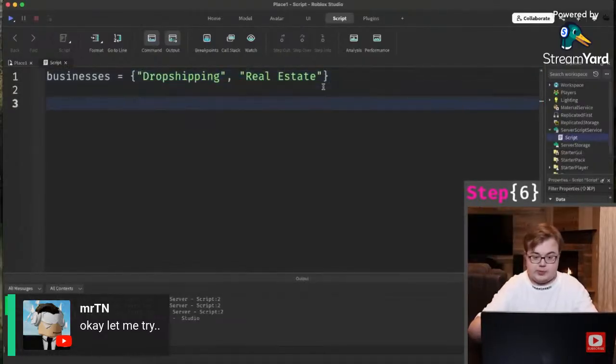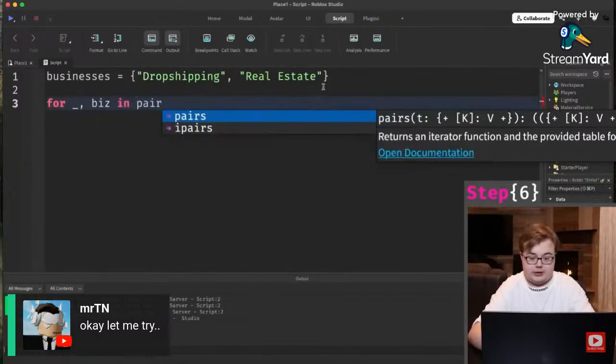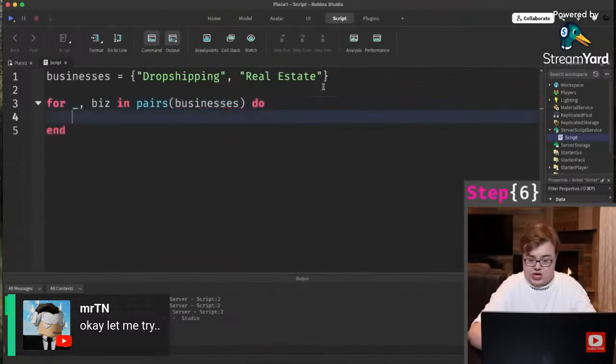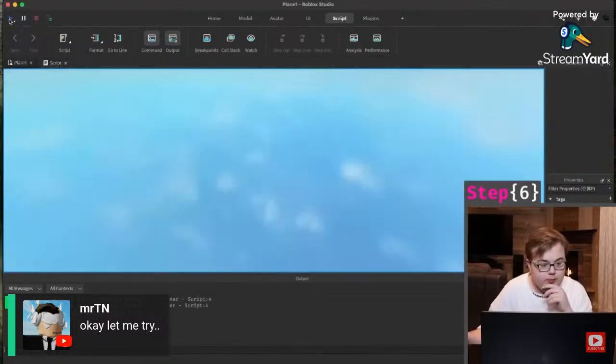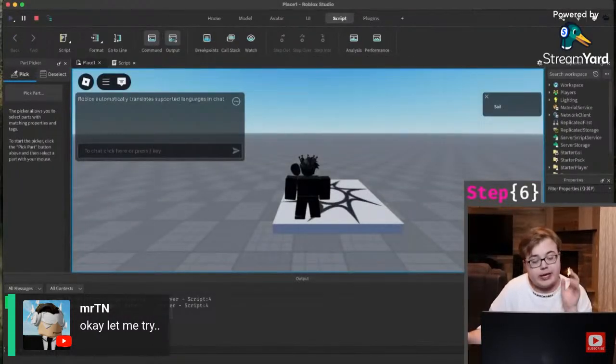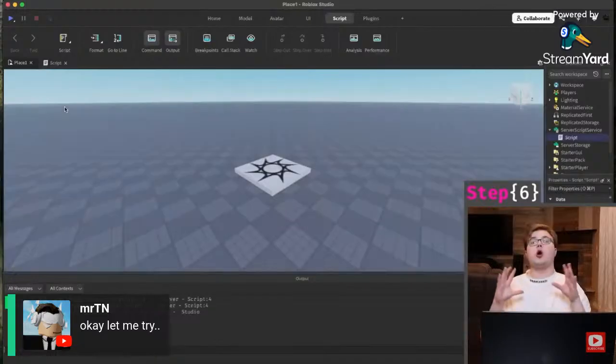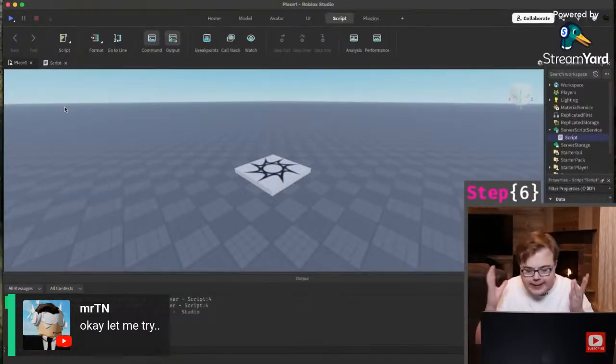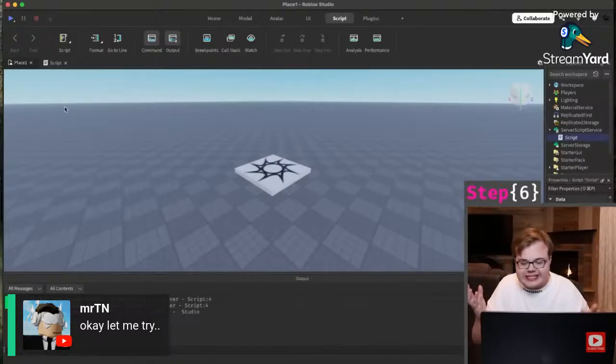That's enough business types. Okay, now before index, well, the underscore means index, so you know what I'm saying. In pairs, businesses. Cool. Then we're gonna print new income source, biz. Cool. Now if we play it, new income source is drop shipping and new income source is real estate. If you don't see how powerful this is, go back to flipping burgers. Tables let you handle multiple things easily instead of typing out biz 1, biz 2, biz 3, and looking like